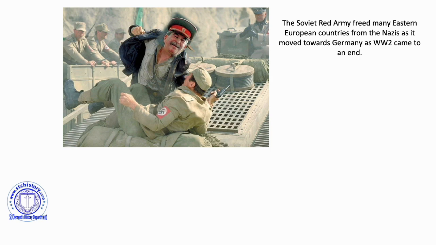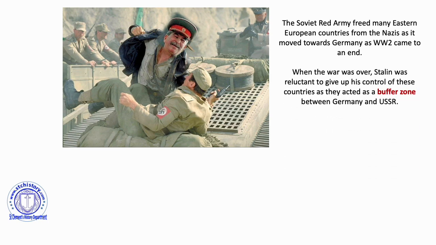But at least from the perspective of Stalin, he believes he should have some influence there because he helped defeat the Nazis. When the war was over, Stalin was reluctant to give up his control and starts using the term buffer zone. Or certainly that's what it became known as, a buffer zone between Germany and the Soviet Union. He is basically talking in protectionist terms, saying he's protecting Russia from any further invasions. Let's not forget there have been wars on two fronts, the Eastern Front, in World War I and World War II in recent years. So in that sense, you could possibly see where Stalin's coming from.